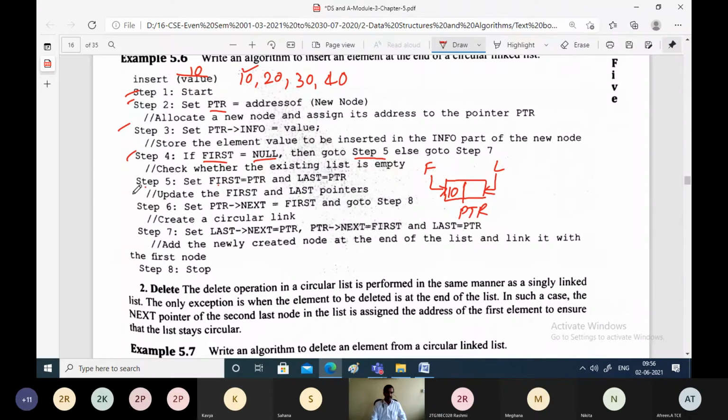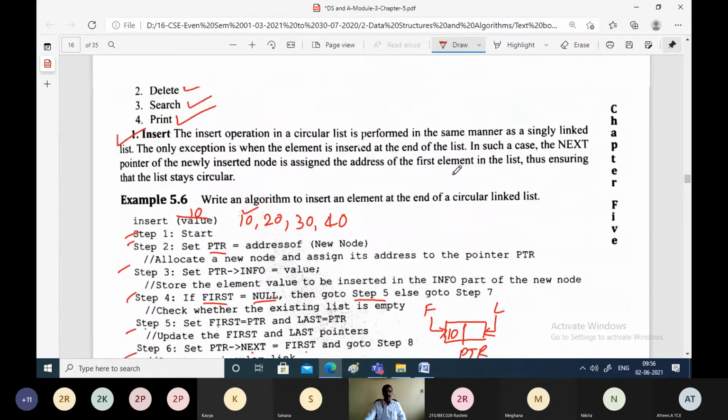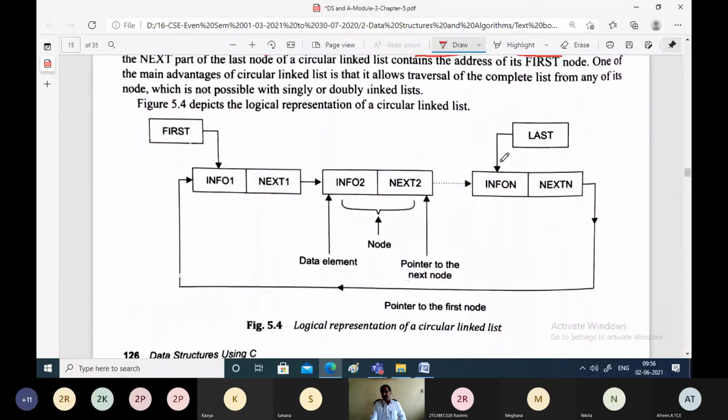Next, step 6. What does step 6 say? PTR's next should point back to the first, because we know that the next field of the last node should point back to the first node of the linked list. What is the property of the circular linked list? The next field of the last node should point back to the first node.